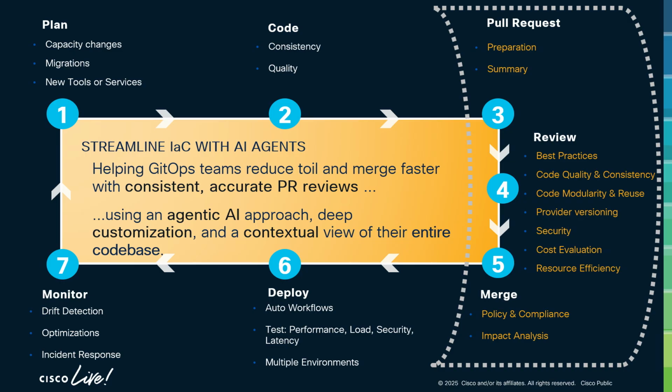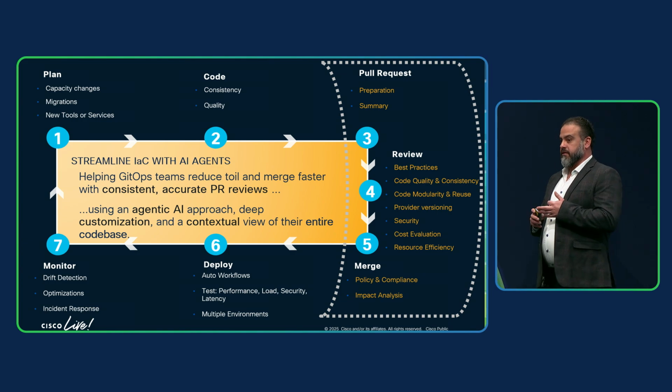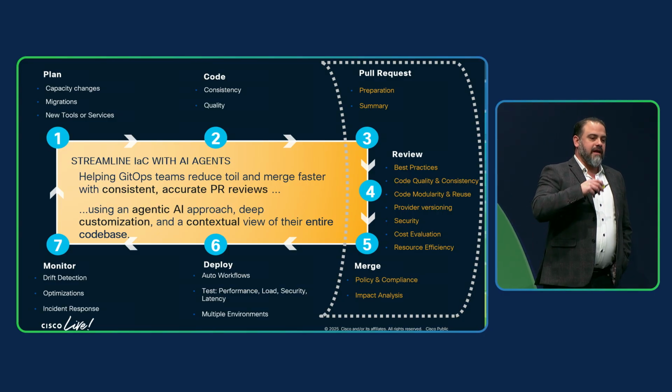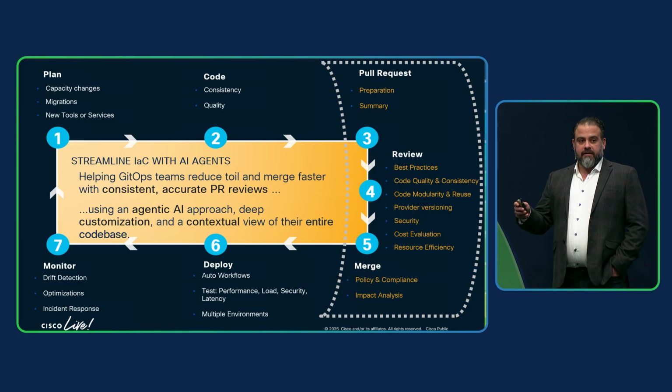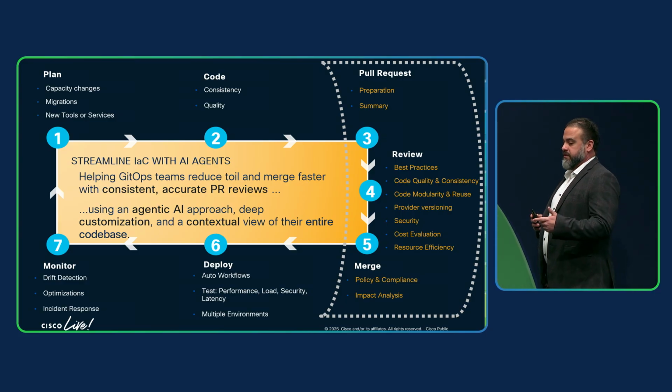And now we have an opportunity to tie agents into this, provide suggestions within our GitHub repos, create the PRs themselves, and make sure that they're tying to policies that are defined for our organization. Then when we actually merge that into our main branches, we can look at that compliance with the agents and analyze the impact that it's going to have on our network. And part of that's going to be cost evaluation and resource efficiency as well. Some really interesting opportunities here. I was blown away when I heard about the use case and how it was being attacked, because I hadn't even thought about the capability of doing it, and I could see where that would save teams tons of time.